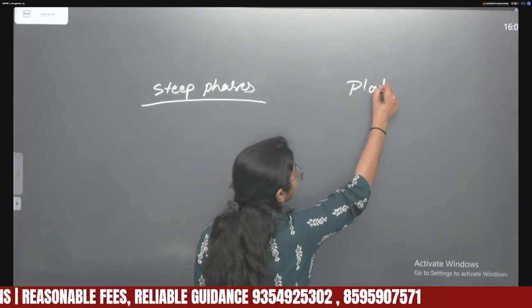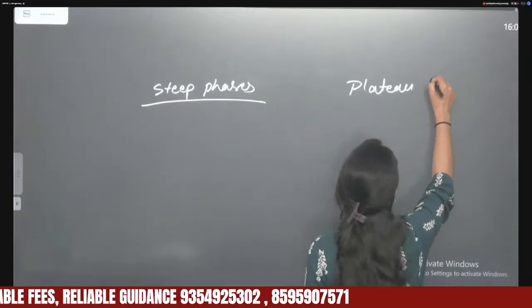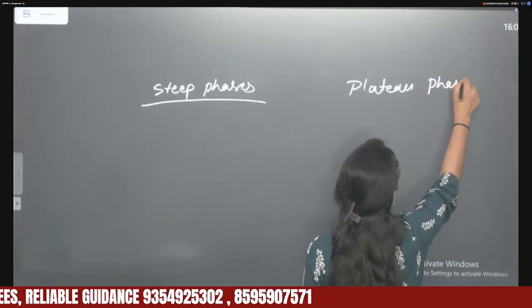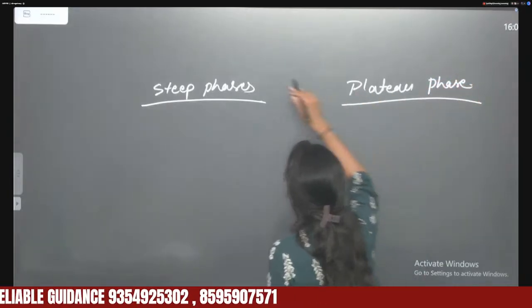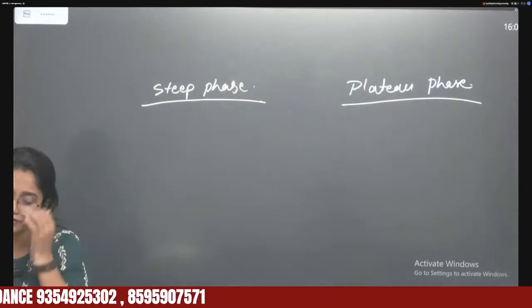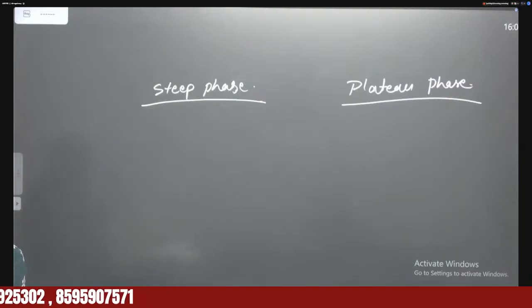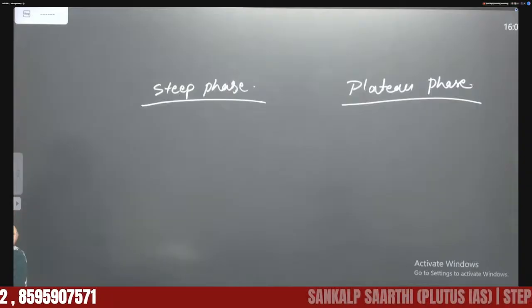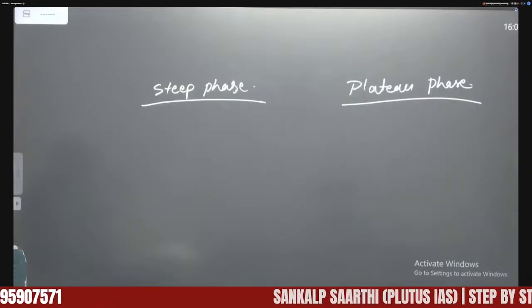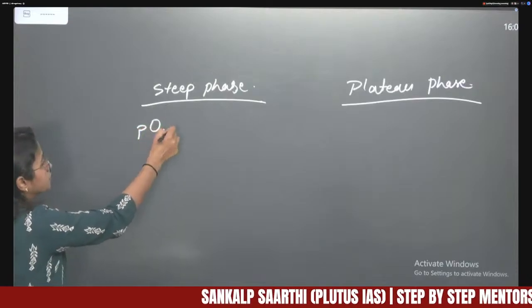पेज में सब डिवाइड करके टू साइड्स में राइट डाउन स्टीप फेजेस एंड प्लेट्यू फेजेस। स्टीप फेज एंड प्लेट्यू फेज। स्टीप फेज में लिखो: it occurs at the lower oxygen concentration. It occurs at lower PO2